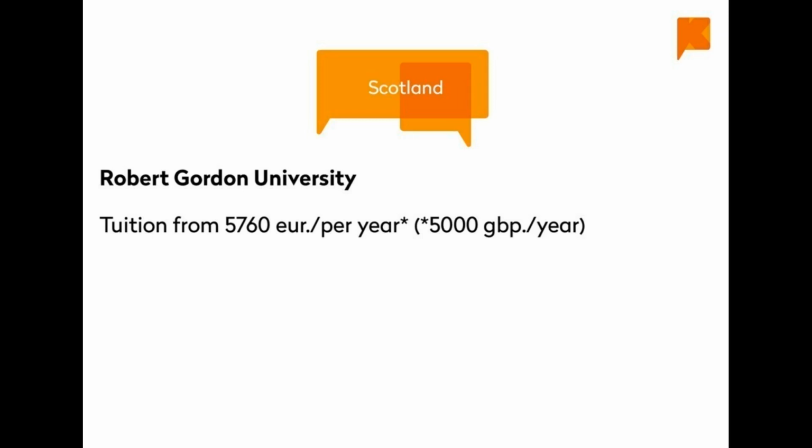Scotland is a little exception, let's say, in all of these rules. So obviously visa and everything else still remains the same. However, Robert Gordon University is offering studies for £5,000 a year. So this is by a country mile the best price you will find in the United Kingdom. And again, if the actual tuition fee is the problem, then for some students, Robert Gordon University can be the solution.